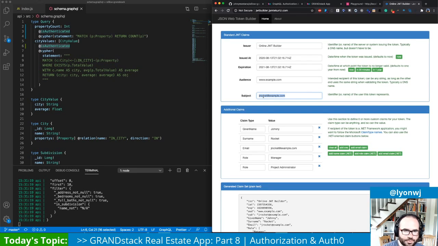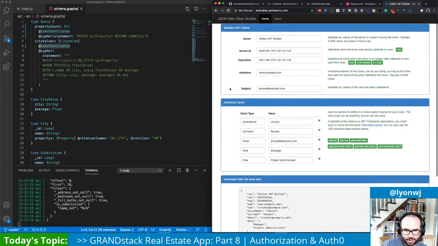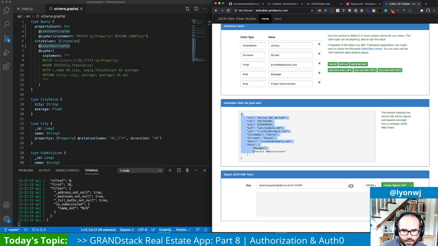So like the subject is kind of like who the user is. Tokens have an expiration date and who issued them. But then we can attach additional claims. So this might be something like the role that the user has, the scope that they've granted permissions for, something like that. And then all of those claims are added together in a JSON object, and then a token is generated and signed from that JSON object, and we can